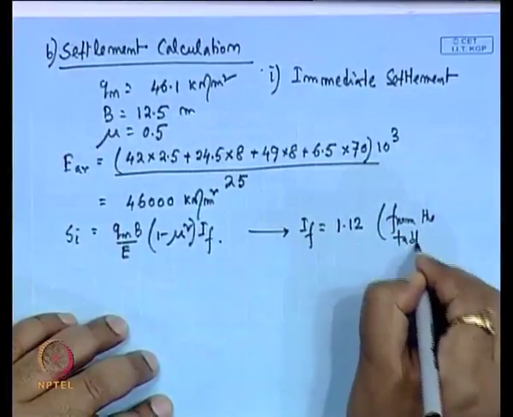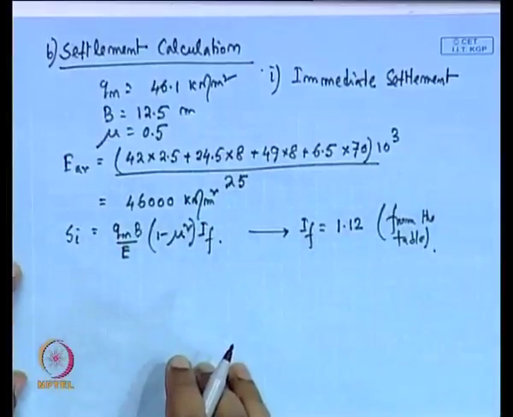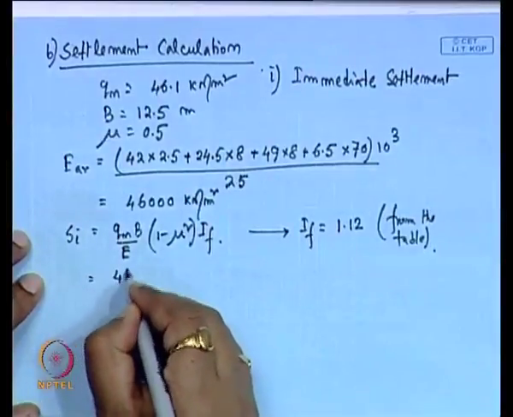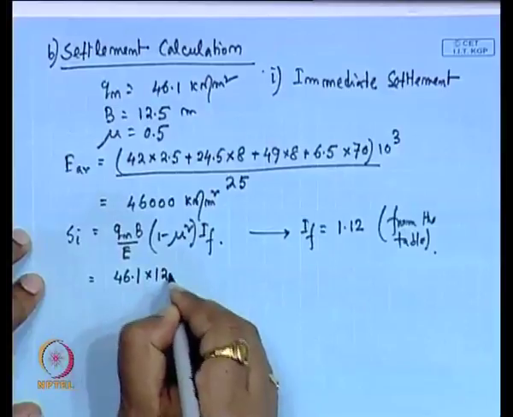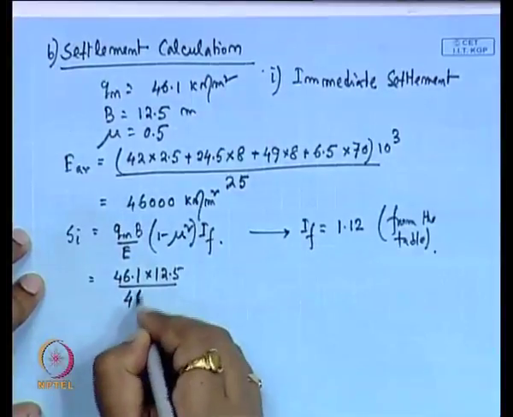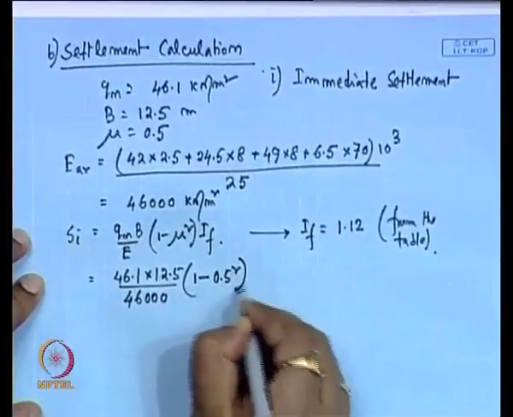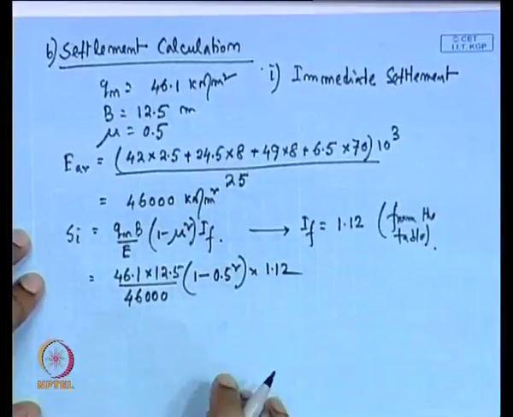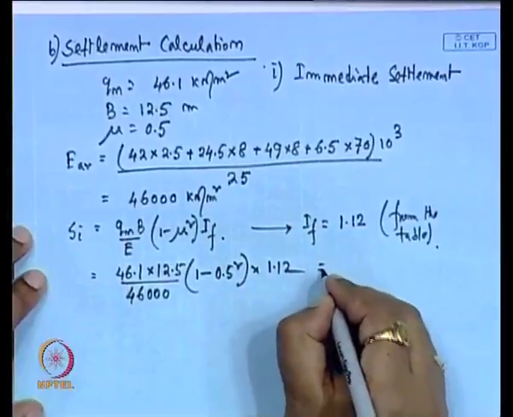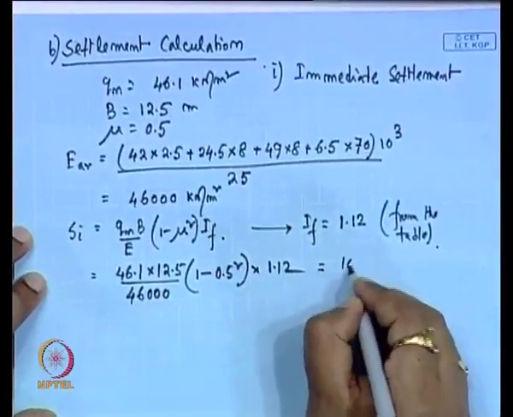So we can put q_n is 46.1, B is 12.5, E is 46,000, 1 minus 0.5 square, influence factor 1.12. The value that will come is 10.52